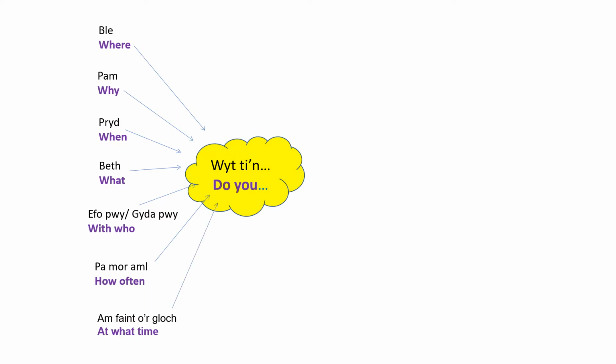Now we're going to get another load of words on the right and you can build up these to make some longer questions. So the first one is chwarae. So there you've got Blair on the left, 18 in the middle and then chwarae. So you could say Blair 18 chwarae. Where do you play? You could ask Pam 18 chwarae. Why do you play? And so on.